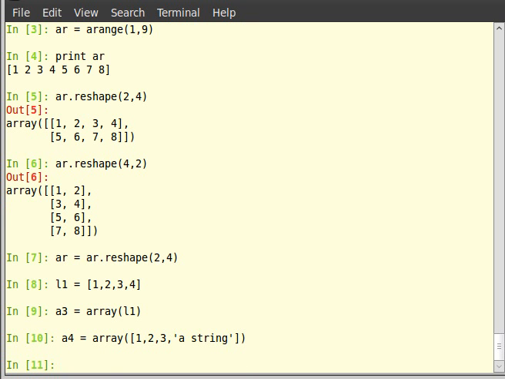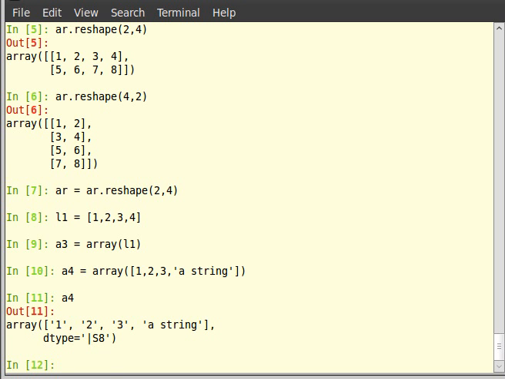To find the shape of an array, we can use the method dot shape. Let us check the shape of the arrays we have created so far. a2.shape object is a tuple and it returned a tuple 2 4. A tuple is nothing but an ordered list of elements. So pause the video here and try out the following exercise and resume.